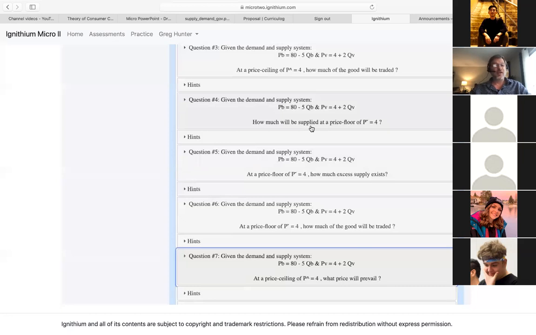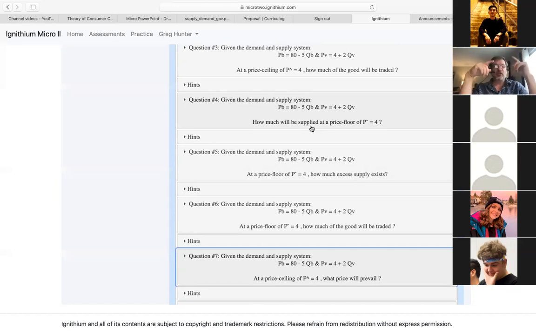Okay, so let's move on, because we can't really answer the question unless we know if it's binding or not. Non-binding? Well, okay, for it to be binding, for it to be a price floor, it means that... did you draw your diagram with the price floor in there? I believe so, maybe. Okay, that's fine then. So, what's the first thing you should put on the diagram? The two equations.